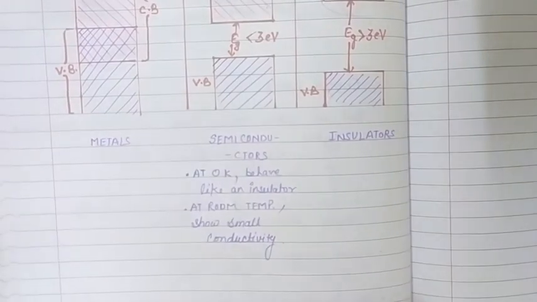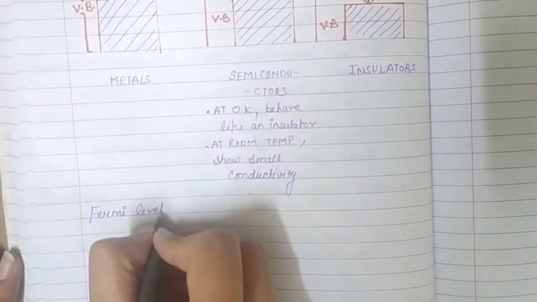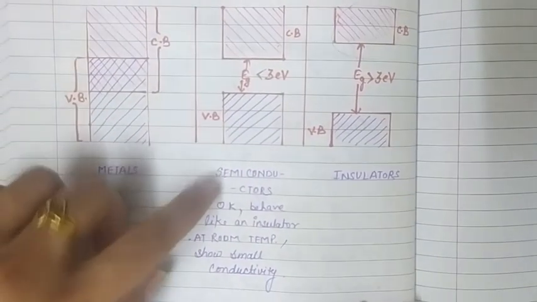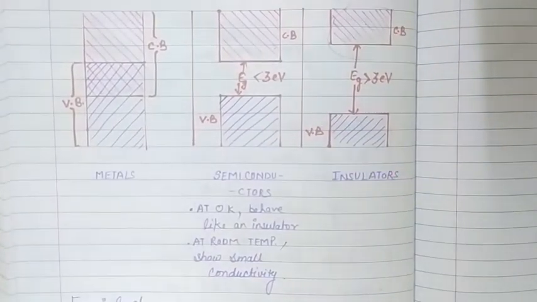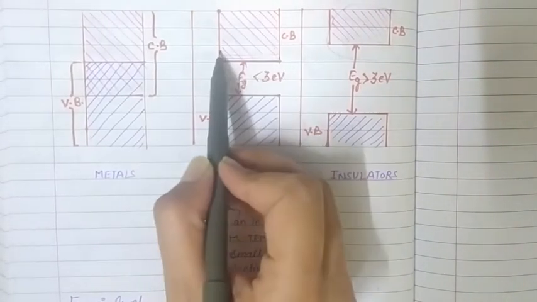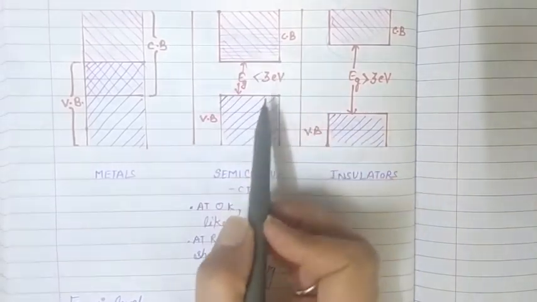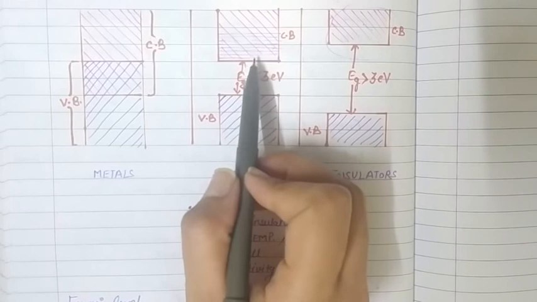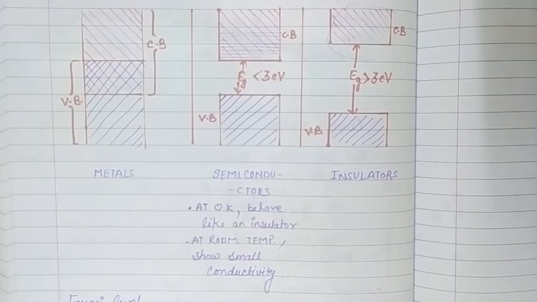Now there is one more term called Fermi level that we have to understand. If we impart energy from an external source to a semiconductor, electrons jump to the conduction band and start conducting. There are a number of levels present in the conduction band, and as we impart energy to the electrons of valence band, they will jump and occupy any one of these levels depending on the energy that we are giving to that electron.